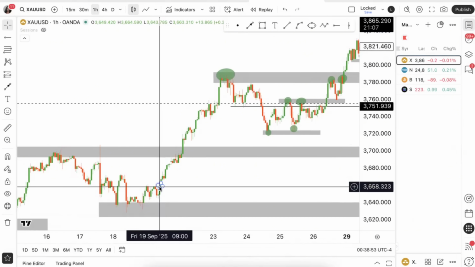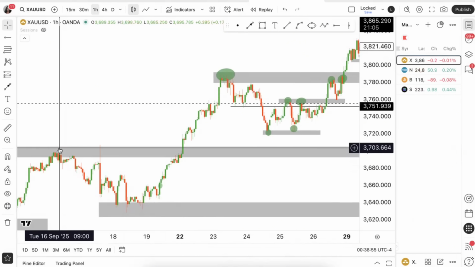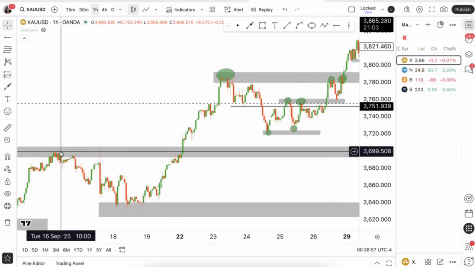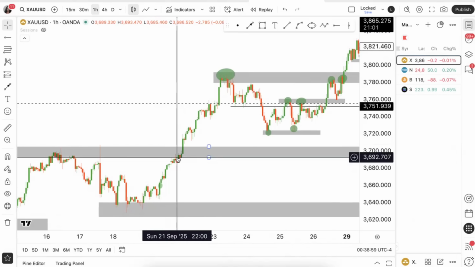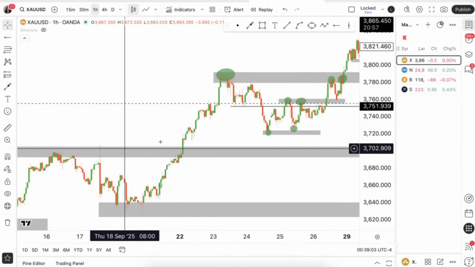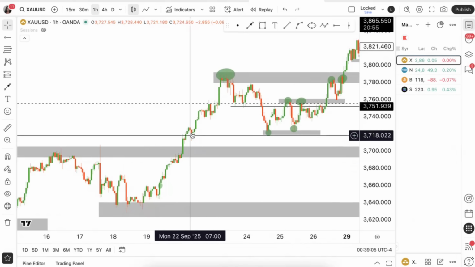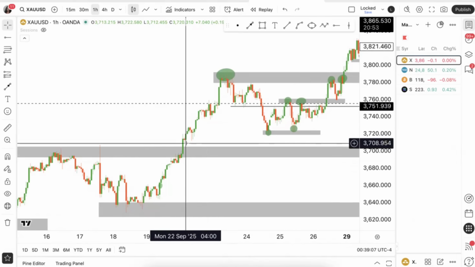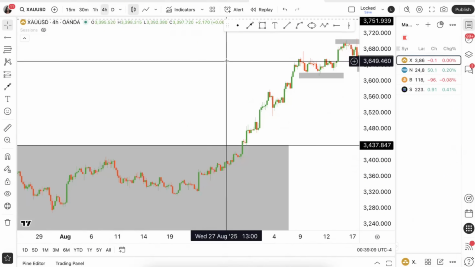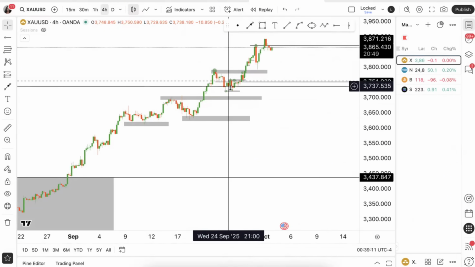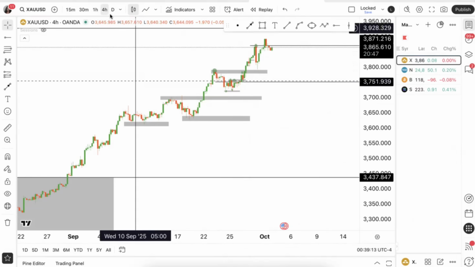When I bought price from here and came up to this level right here, I honestly thought price was going to sell. It stalled here, and this is where I closed. And overall, I thought once again it was going to sell from this level. I didn't know it was going to keep making all-time highs, but honestly, I don't know why I told myself that, because on the 4 hour time frame, it definitely made a higher low. So it could have kept pushing.